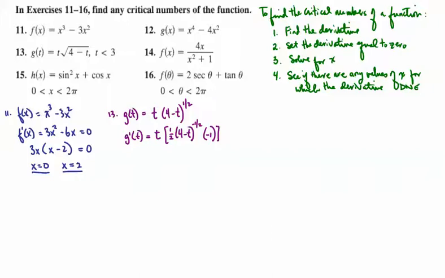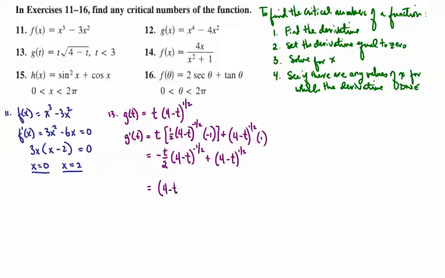So it's t times the first part, plus the second, which is 4 minus t to the 1/2 times the derivative of t, which is 1. Alright, so we'll clean this up just a little bit, and we're going to get negative t over 2 times 4 minus t to the negative 1/2 plus 4 minus t to the positive 1/2. Now the only way we're going to be able to solve this for 0 is by factoring out the least common multiple. And that is going to be